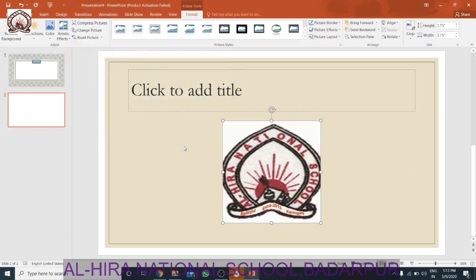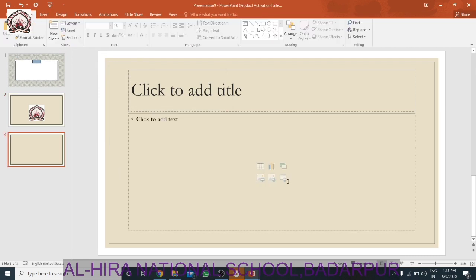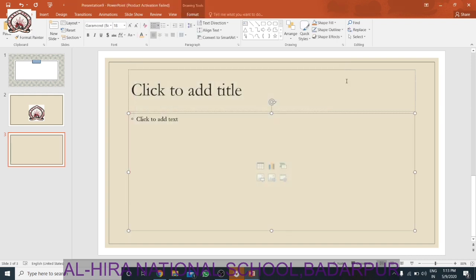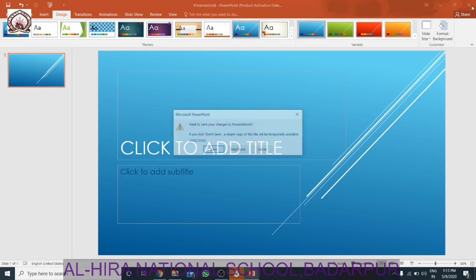You can add a video also to a slide. In a new slide, if you want to add a video, you can add it from here. Now we do not have a video, but we can add one, and if you want to play it, you can play it. This chapter is very interesting and very important, because in future life, if you want to give any presentation, we have to make slides using this software, PowerPoint.